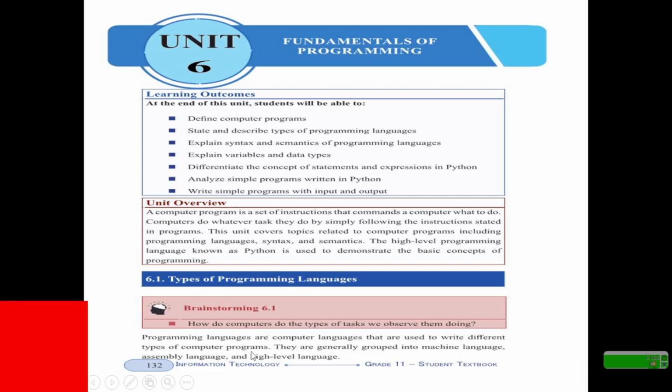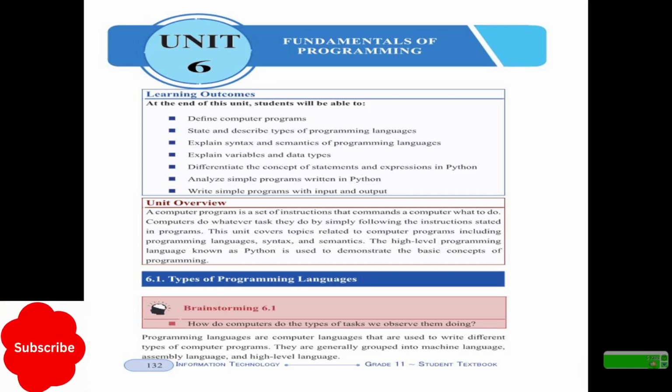Software has a family. One is the system software. The other is the application software. Under application software, we have software designed for specific tasks. And under system software, we have programming language or language software. We have utility software and operating software. Therefore, they are categorized under system software.